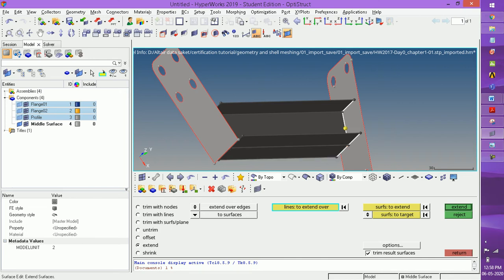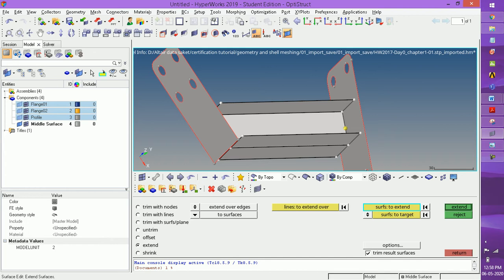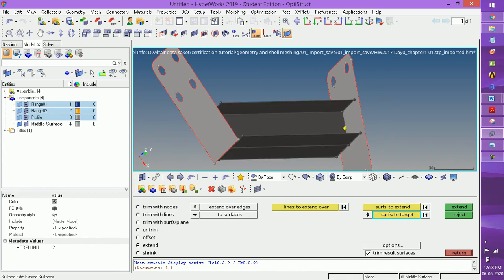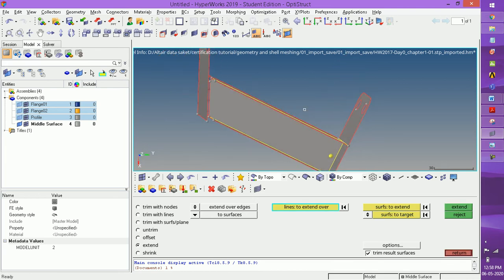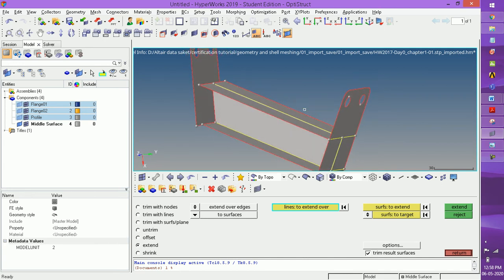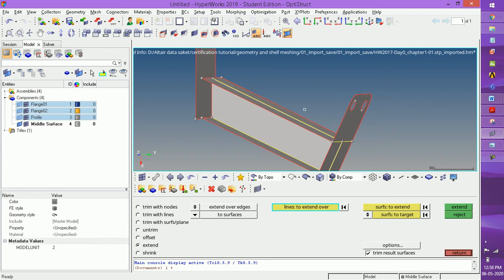Then for the surface to extend, we need to choose what is the target, so we click over here. Now click on extend. You can see that the surface was extended and joined with the first surface which we interface. The same thing has to be done over here also. So click on this edge,